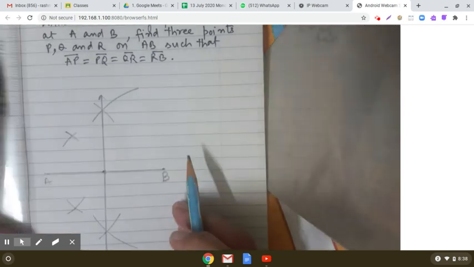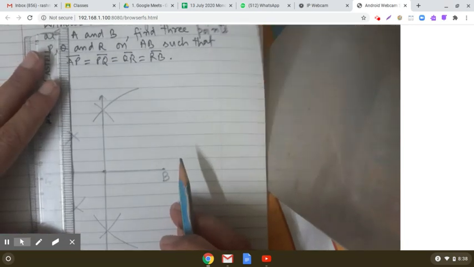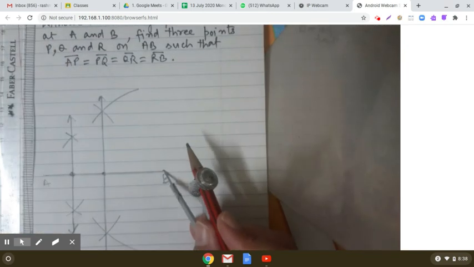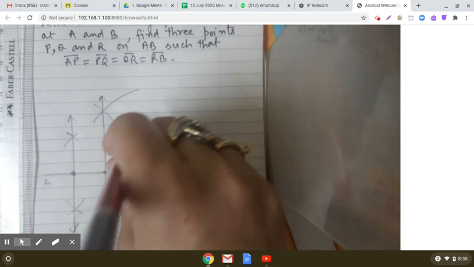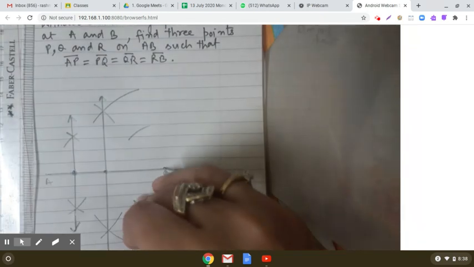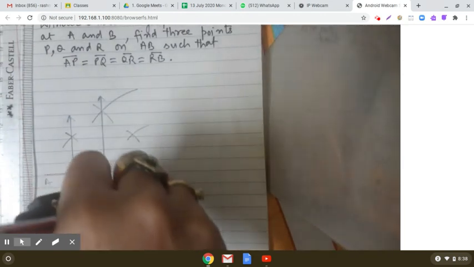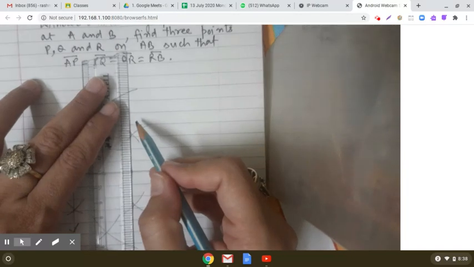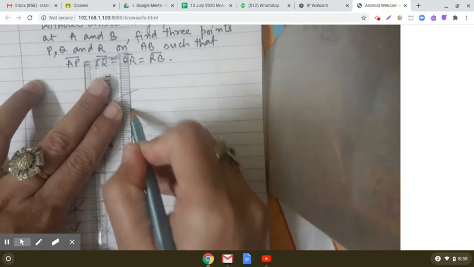So the two parts of AB which were obtained, I am getting the perpendicular bisectors of those two parts. So again, one part is divided into two equal parts. Similarly, draw the perpendicular bisector of the other equal part of AB. So this way you see what is happening.